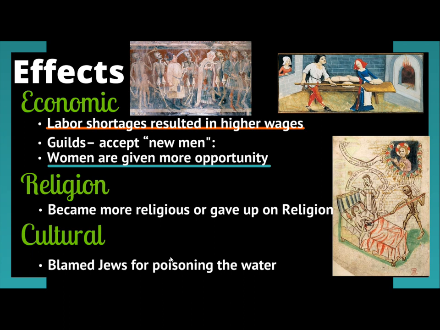Culturally speaking, the Jewish faith requires its members, not practicers, but people who practice the faith, to be very clean, right? It's part of their rituals, it's part of their ceremonies. So people of Jewish faith did not have unclean homes. Rats like messes. They like dirtiness. They like food being left out. So naturally, the rats would not cling as much to the homes of the Jewish people rather than, let's say, your Aunt Mary who has bread everywhere and chickens running in and out of the house, and her house is just filthy, right? So people are going to start blaming Jewish people because they're not getting sick at as high a rate as everyone else.